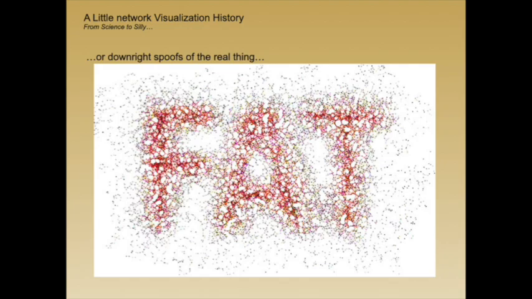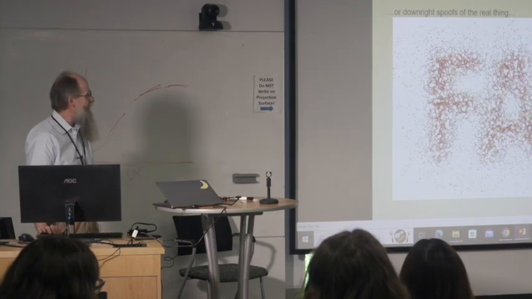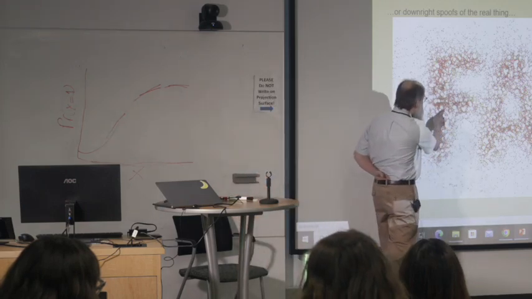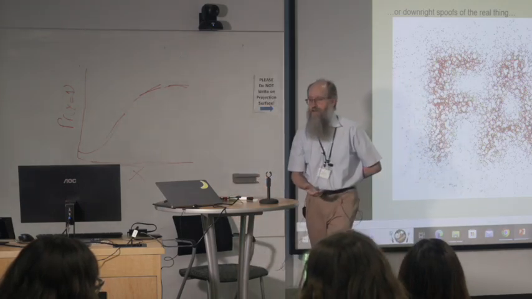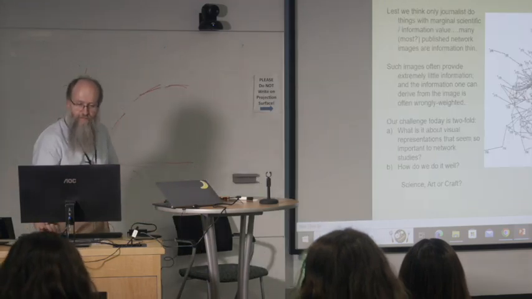Christakis and Fowler work about how obesity is contagious through your networks. I still would love to know how someone managed to make this, because if you look closely, it's not just a random scattering of points. They actually did tie points together in here somehow. So someone spent a lot more time doing this than I would have imagined.